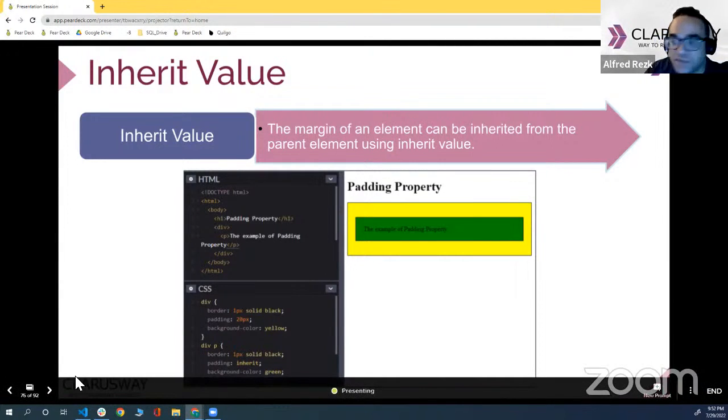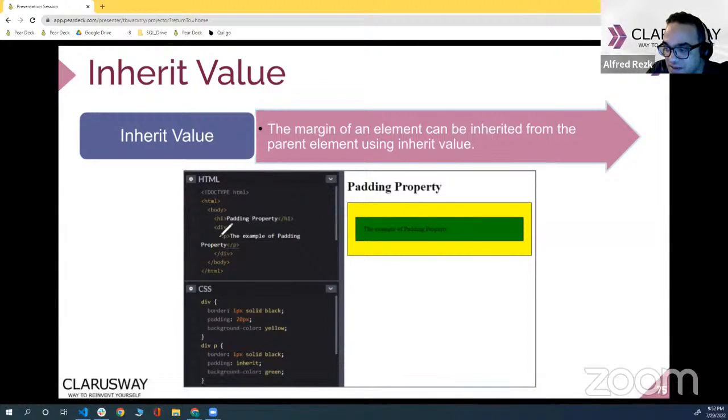As you can see here, in this example, you have a paragraph inside a div. So the div in that case is the parent, and the paragraph is the child. You give this div a padding of 20 pixels. So you see now 20 pixels from top, 20 pixels here, 20 pixels here, 20 pixels here. And in the child,